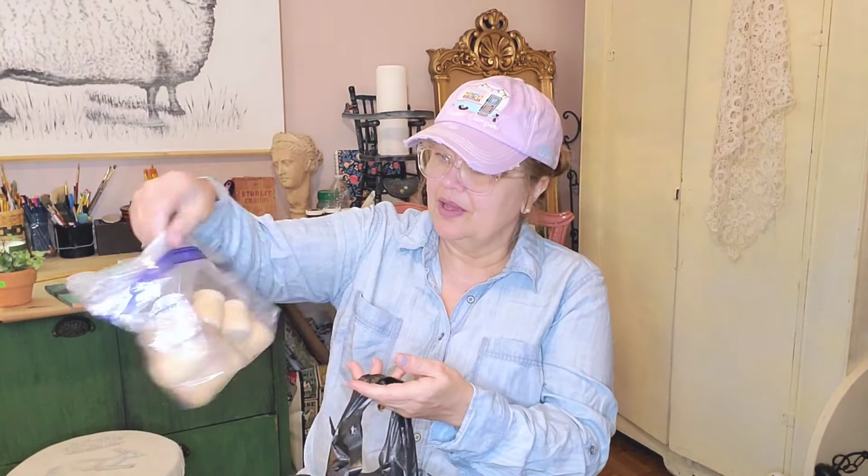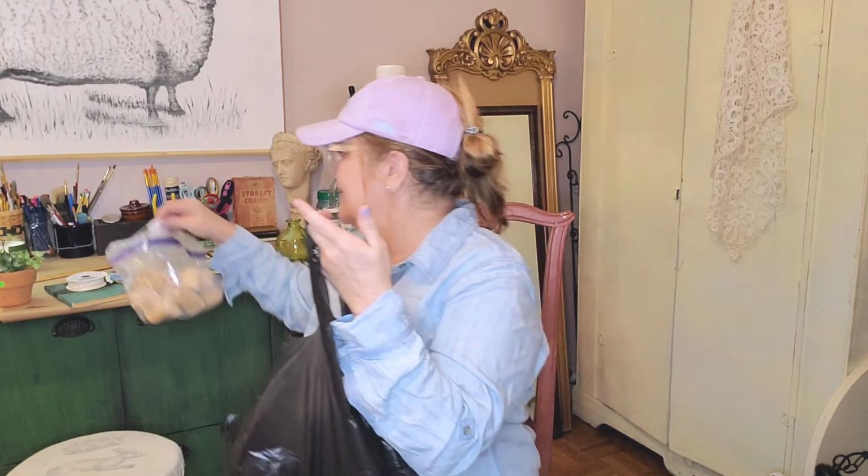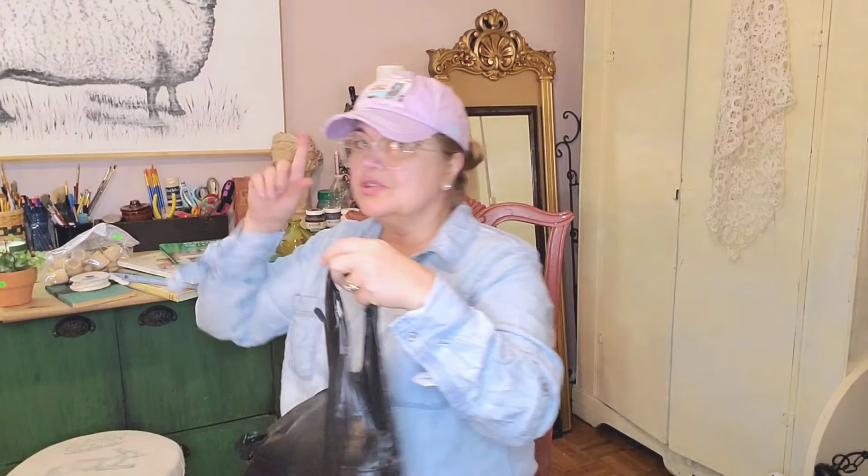These little wooden things for $1.99. They're probably meant to hold candles, but I have a different idea for these. And I can't wait to share with you what I'm going to do with these. It'll be on either this coming thrift haul or the one, not thrift flips video, or the one after that. And I'm almost to the point that I can publish it. And the estate sale store had a huge tub